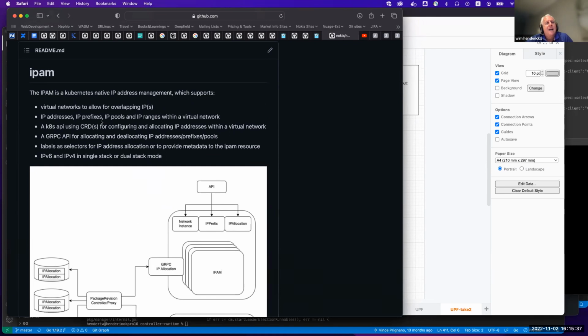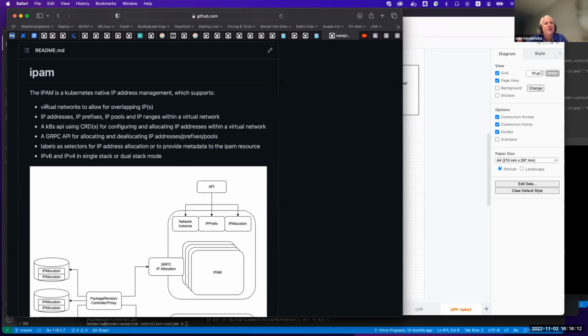So what I did is there is a concept of what I call virtual networks to allow for overlapping IP. I think of these as like a routing table in a VPC. So it's like a VPC that we have, and we need to connect to that. I'm not doing anything to set up that network, but I'm using it to provide an IPAM context to allow for overlapping IP. So if you create a V4 or V6 address, although for V6 it's not really needed, but for V4 it might be needed. So you basically create your IPAM system, or you can create it. No, you have to